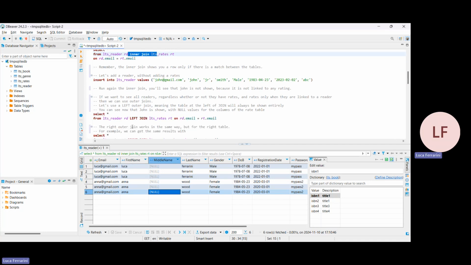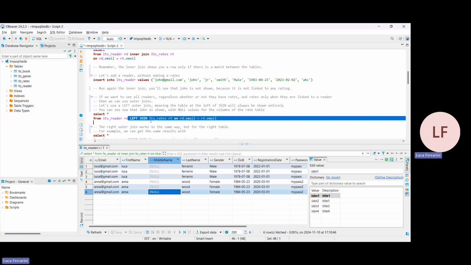If instead I want to see all the readers, even those which are not linked to any rates, then I need to use a left outer join. A left outer join if I put the reader on the left side of the join. You see, this is the join, and there is a left side and a right side. And basically, we are navigating using the foreign key. If you do something like this,